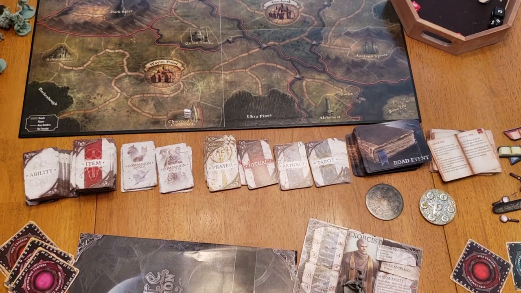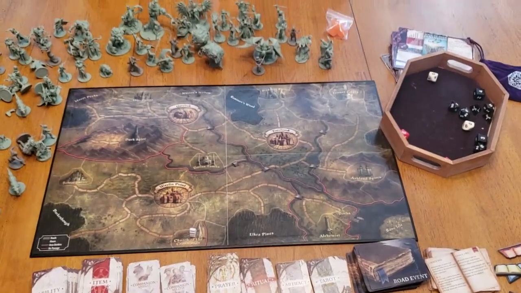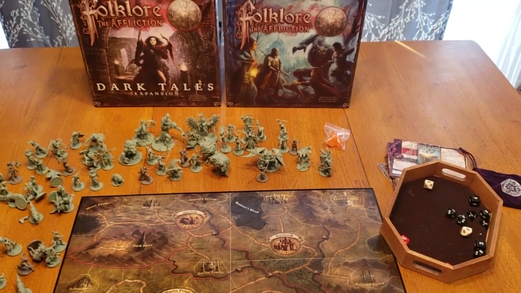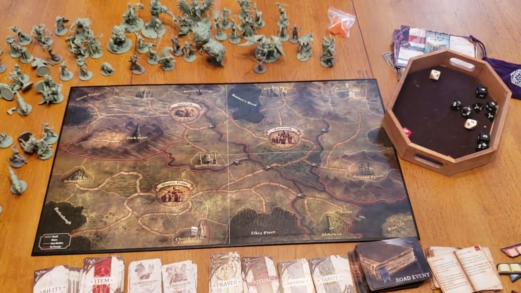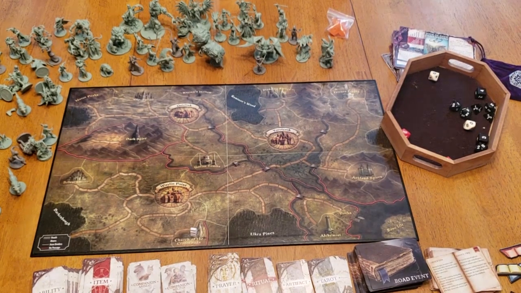And then this board up here. So, again, let's just pan up here real quick. This board, look at all those miniatures too. The board, and then these are the boxes. This is the Dark Tales and the base game here, plus the miniatures pack. And I paid money for this to do this review, so this is going to be an honest review. So, at any rate,